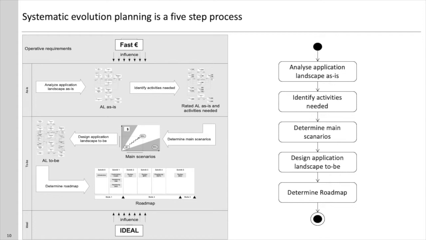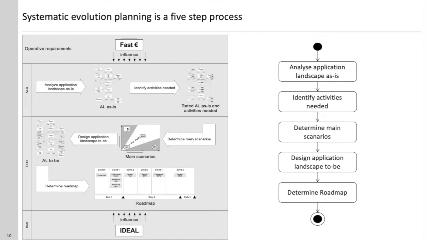The overall process, this is step 3. Since we are only talking about step 3 and moving to step 4, from the as is to the to be, the actual evolution. So the first step here is analyze the application landscape as is. Having done that, we need to identify the activities that are needed, the actions to be taken within our application landscape. And from this set of all necessary activities that may be there to bring us closer to the ideal,